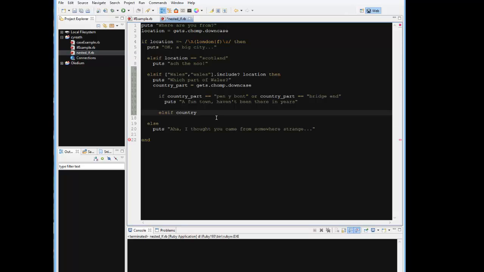country_part equals something like, you know what, I'm just going to copy this because it's a bit quirky to type. There we go. So if it equals something like, and what we'll do here, we'll say Cardiff. Okay, then